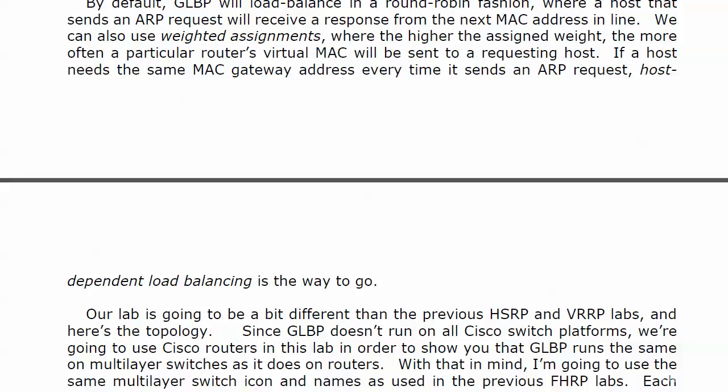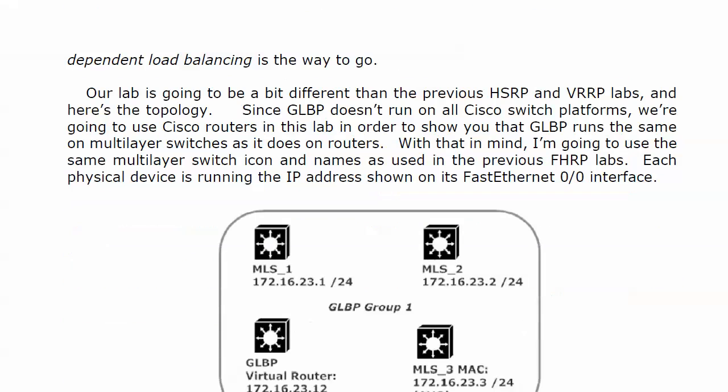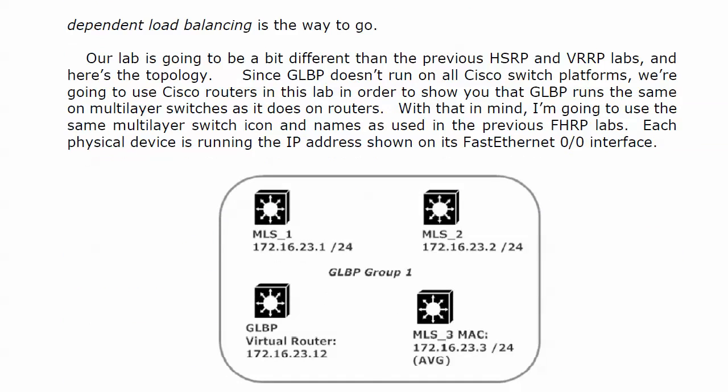a particular host. Now, you might have a situation where a host needs the same MAC gateway address every single time it sends an ARP request or every single time it sends data. So in that case, we have what we call host-dependent balancing. We're not going to get into host-dependent balancing, but I want you to know what that is. And again, if a host needs to send data to the same virtual gateway every single time, that can be set up. Now, our lab, I'm going to go ahead and show this to you now,